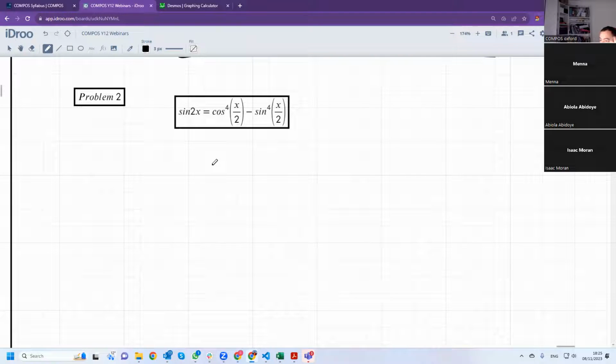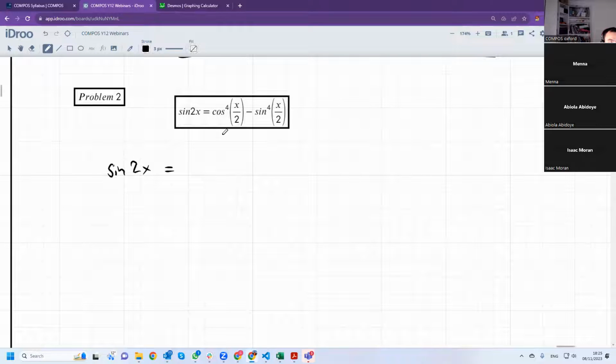You can't just cancel, because you have to consider the original equation; plug into the original, it would be undefined exactly. Yeah, absolutely. So sine 2x